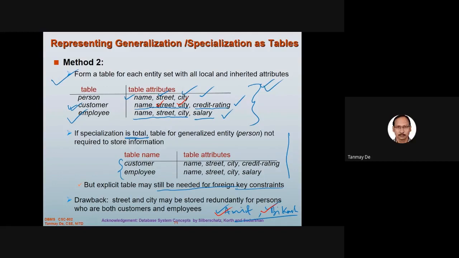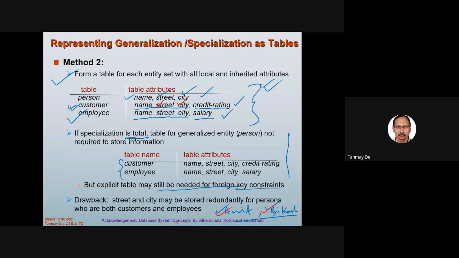But because Amit is a customer as well as an employee, the city value and the street value need to be changed in both tables. So if that updation is done mistakenly in one place, not in the other place,